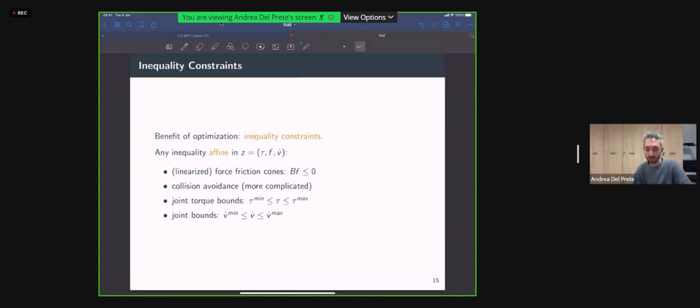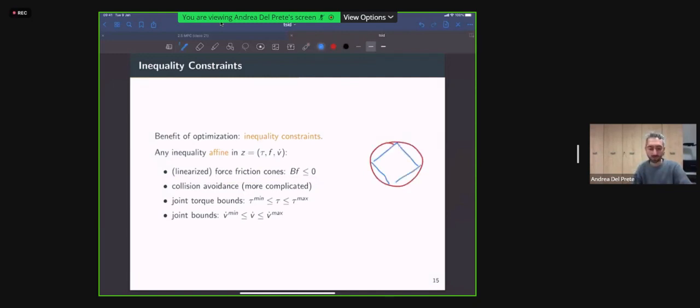So any inequality constraint that is a linear function of the joint torques, the contact forces, or the joint accelerations. So for instance, now that we have contact forces, we can introduce friction cone constraints by linearizing them, approximating the quadratic friction cone with some pyramidal function.